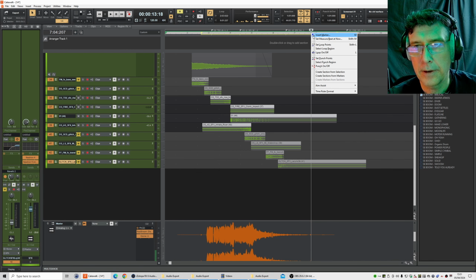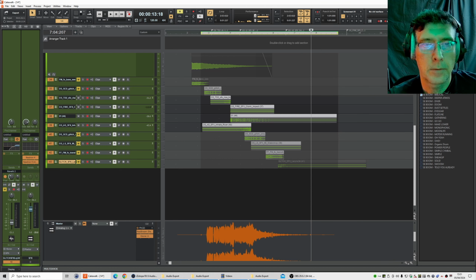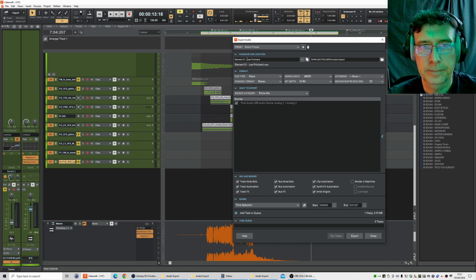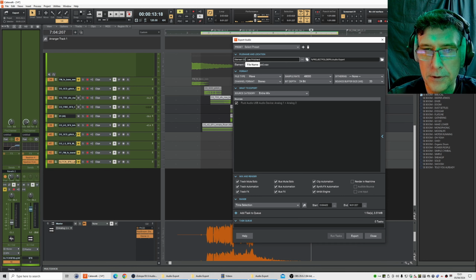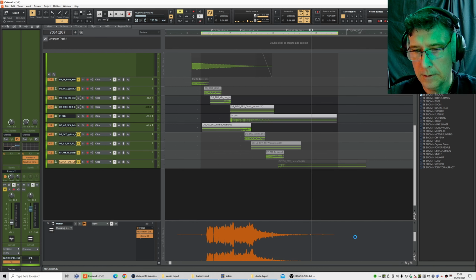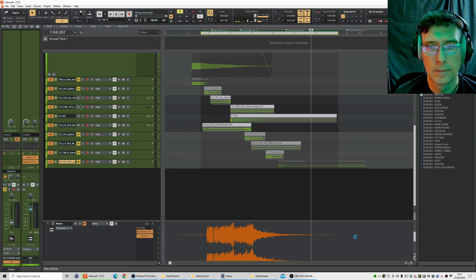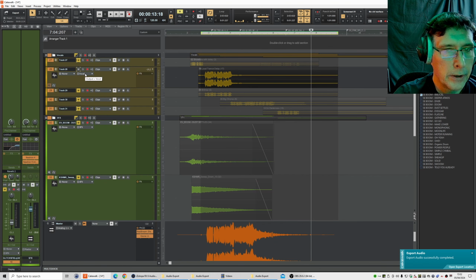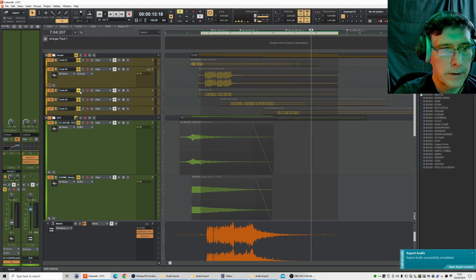So that now is select loop region and export audio. And this is element 2. There we go. Done. So let's have a look now at the